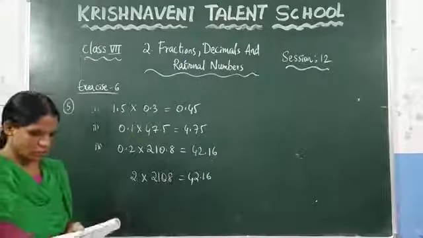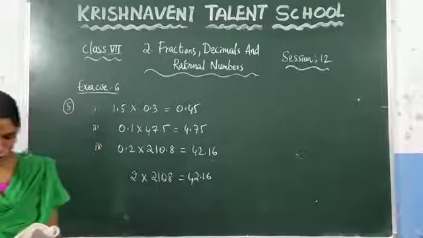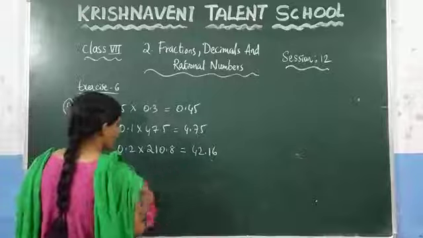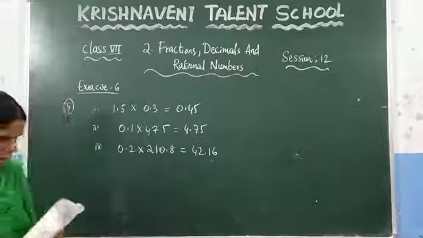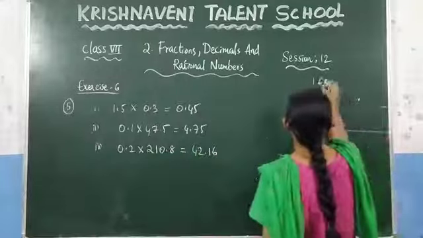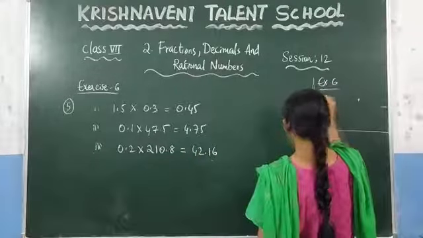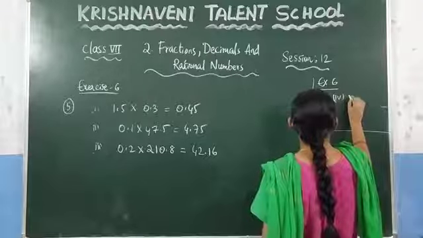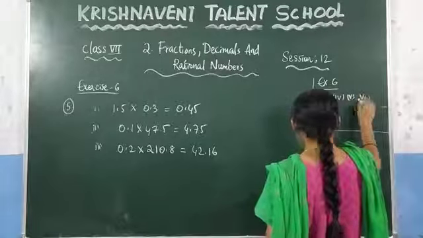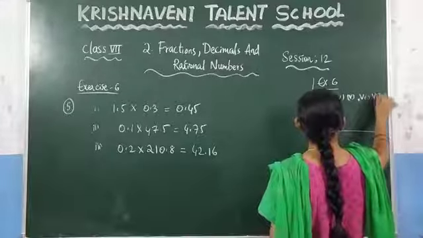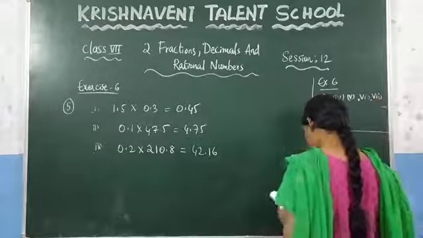Like this you need to solve here the fourth question, fifth question and sixth question. This you can do as homework. So here see the next question. So what is the homework? In exercise 6, in the fifth question you can do the fourth one, fifth one and the sixth one, and after that the seventh one also you can do, and see the eighth one.